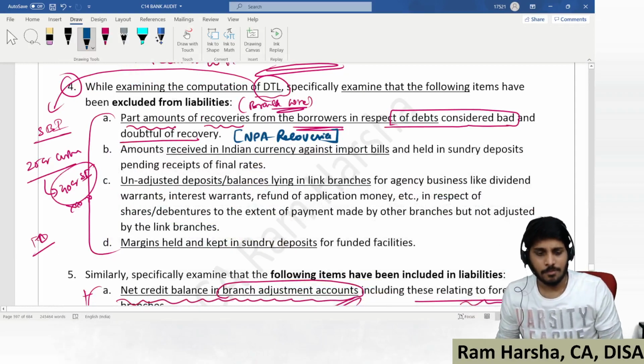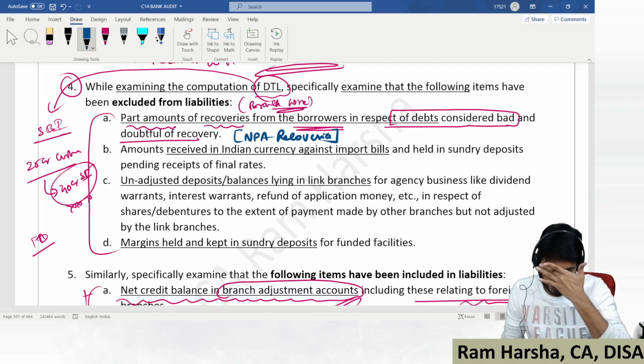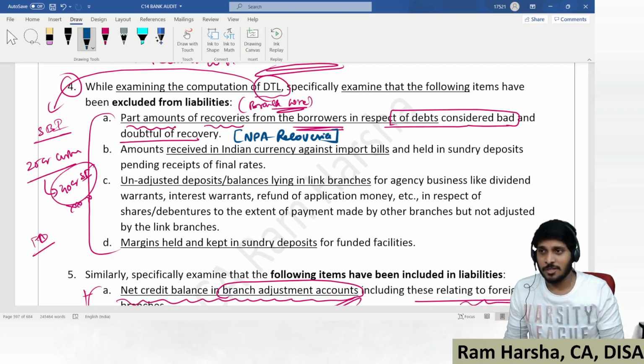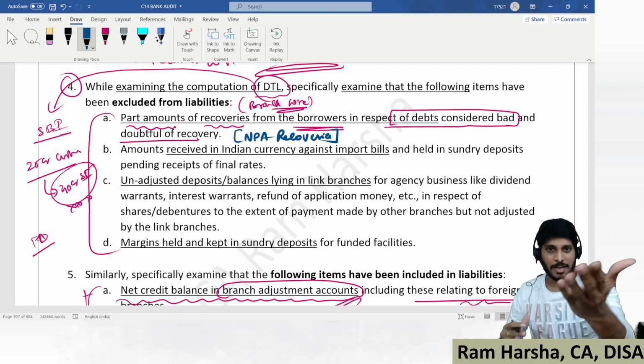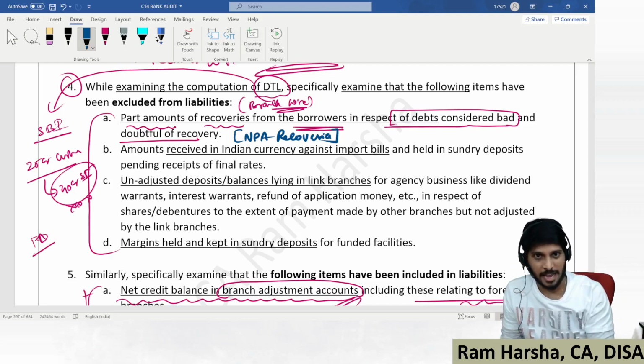Just a minute. So what is NPA recovery? First of all, let me tell you how NPA recovery works. Business loans, overdraft. I will have an account in your bank. You are State Bank of India. I have a current account in your bank. Remember,